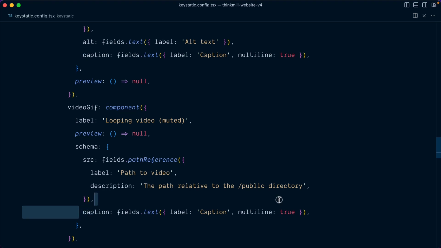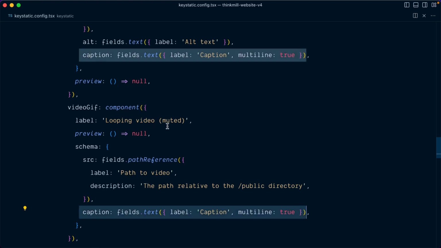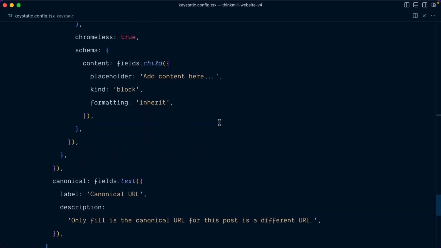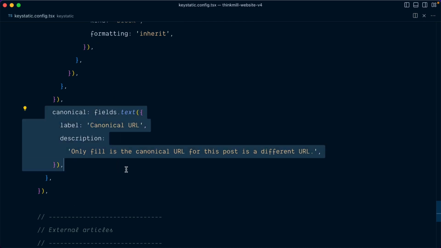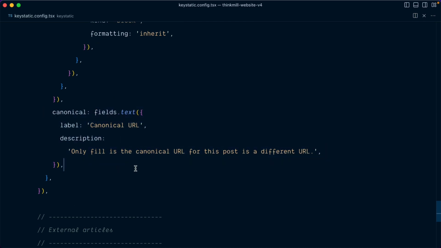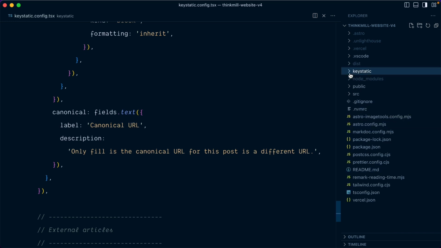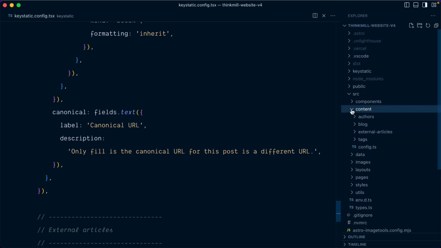And then we have a caption field. So these are all the custom blocks that the user can use within the content field. And then we have a few more like aside and a canonical URL field that is optional. So this is great. And if I open the directory tree and we go in src content, you can see